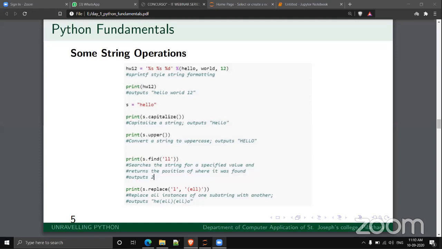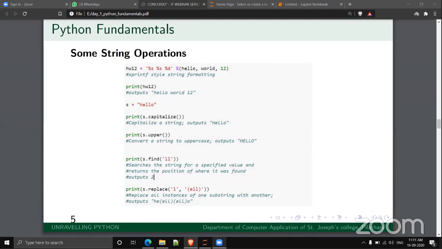Are you getting this? Yes. And the last one is replace. The first argument specifies the character or the substring to be replaced, and the second argument is the string we are replacing it with.